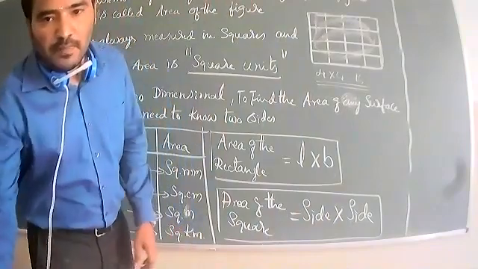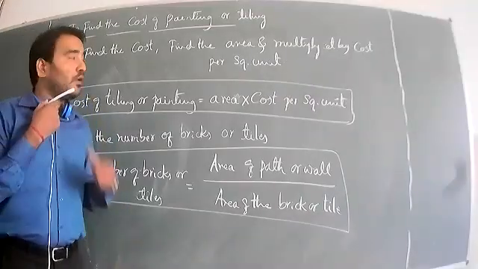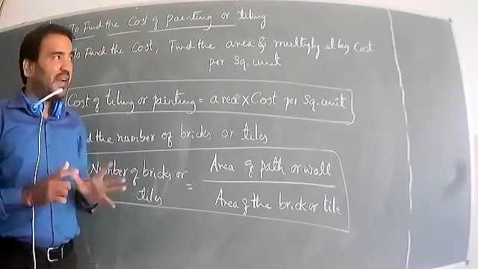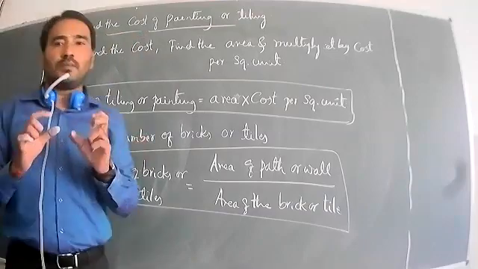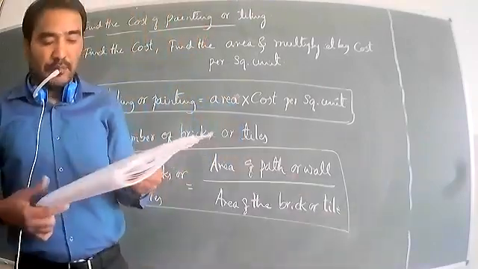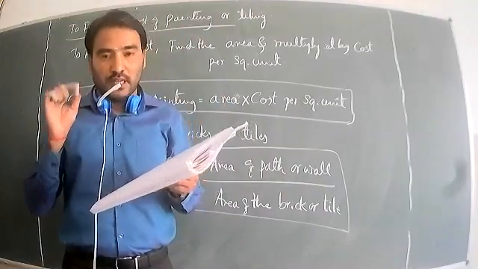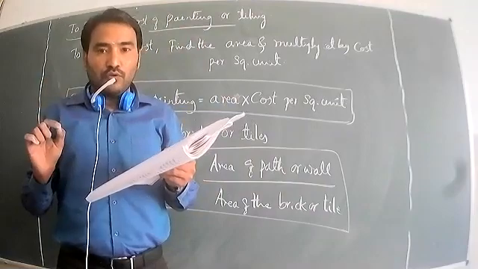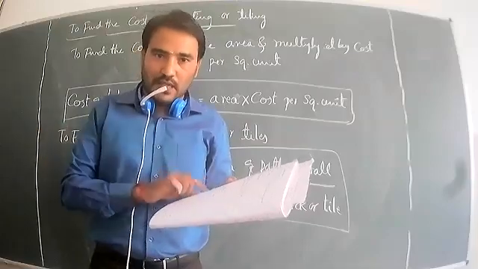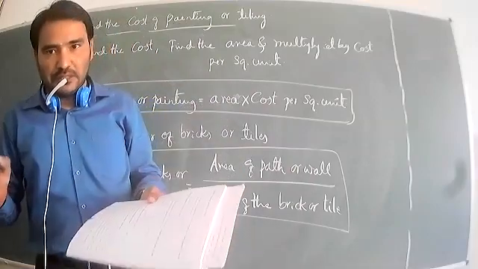Okay students, now some of the points I have written on the board. Just look at the board. Find the cost of the painting or tiling. This type of question will be asked. I will tell you what the labor charge for tiling a hall 22 meters long and 17 meters wide will be. Wide means breadth. I already told one example, at the rate of 8 rupees per square meter.